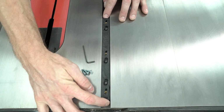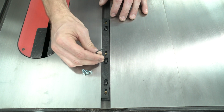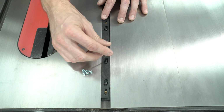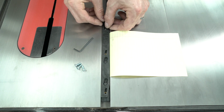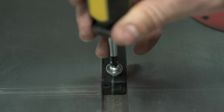Gently push the top half of the guide bar forward to expand it in the slot. Don't push too hard or the sled might be too snug. You want it to just barely touch. Once the bar is fully expanded, tighten the Allen screws. Sometimes it helps to put a strip of paper on one side of the miter bar before you tighten the screws. Once you've adjusted the guide bar to fit the miter slot, screw it onto the bottom of your sled